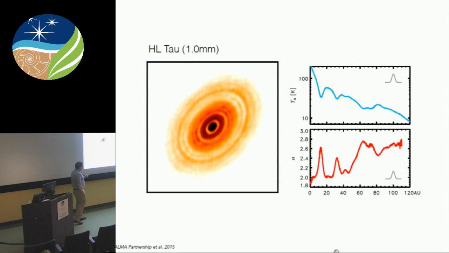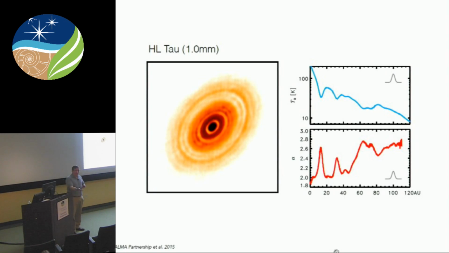And if you look at the spectral index as a function of radius, so this is two different bands that we've observed, you see a very interesting behavior. When you see these gaps or these depletions of emission, you see these big spikes in the spectral index, which is basically saying where you don't see a lot of continuum emission, the particles have to be small if they exist in there at all. But where you do see the emission, the spectral index is low. It's on the order of 2 out to 40 some AU.